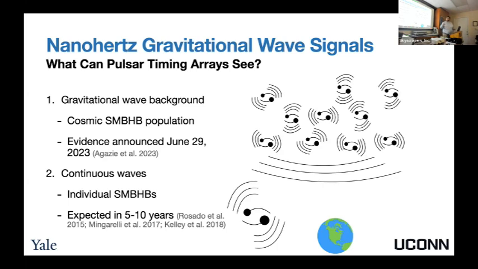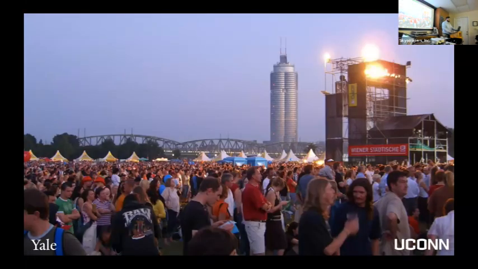So for a gravitational wave background, we get the best signal to noise ratio by just adding pulsars to the array. But for a continuous wave, we actually benefit a lot more from just timing those pulsars for longer, as well as improving our ability to time those pulsars. So right now we're kind of in the exact spot that we expect to be as far as what we have and haven't seen. All right, so that's the two types of signals that we can see, but that can be a little bit abstract.